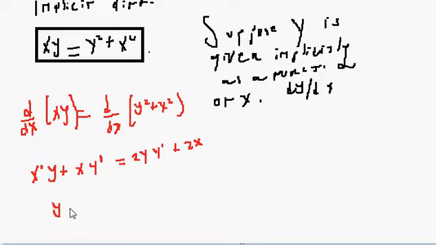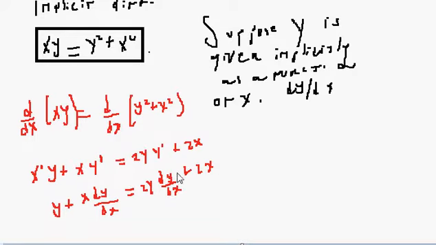So the left side is 1 times y, so y, plus x times the derivative of y, which is just dy dx. So here I have that this is equal to 2y dy dx